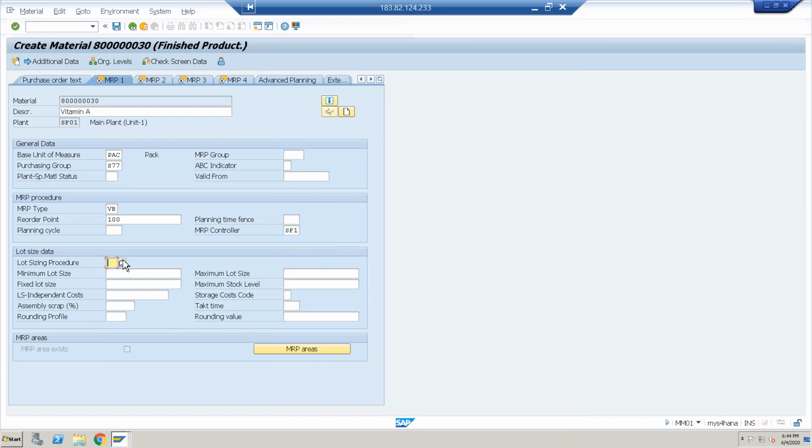Maximum stock level, that is 500, not 500, 1000 packs.